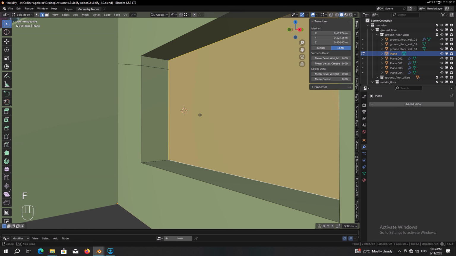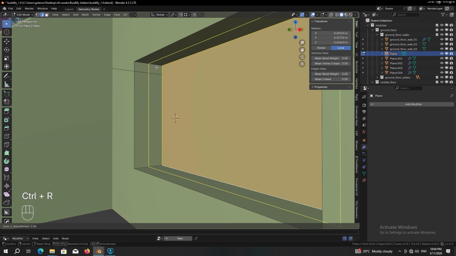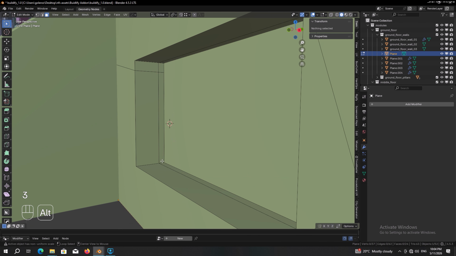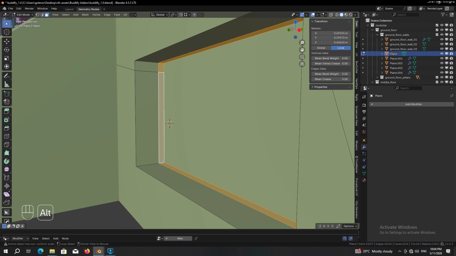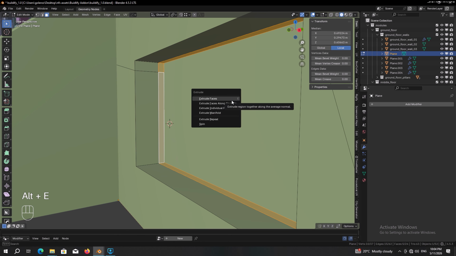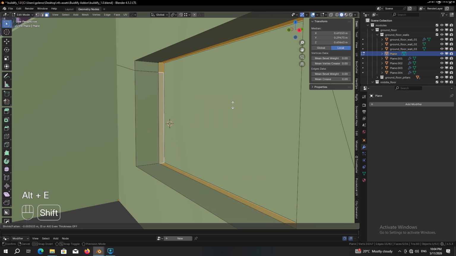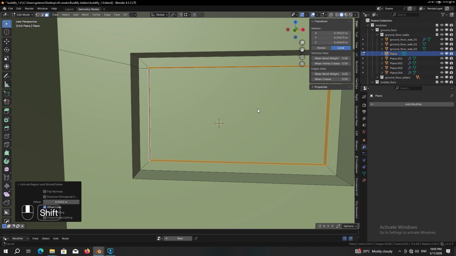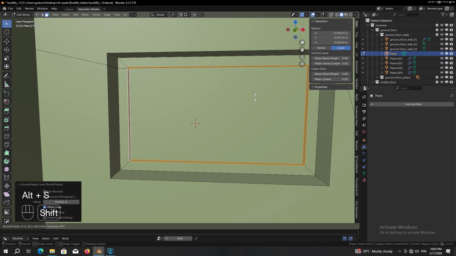You can of course press Ctrl R to add an edge loop over here, then select these new faces by holding down Alt. Press Alt E, extrude faces along normals and extrude them inward. And if you're getting this weird issue over here, enable offset even. Then Alt S to scale it up or down, and again